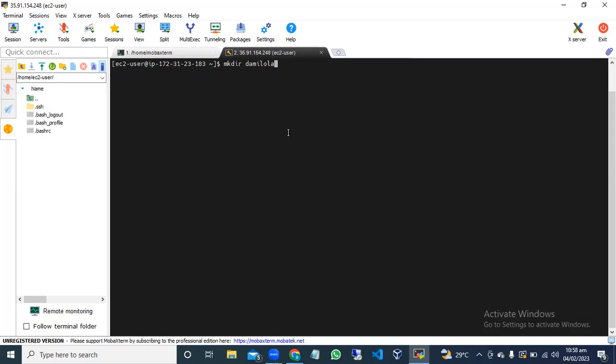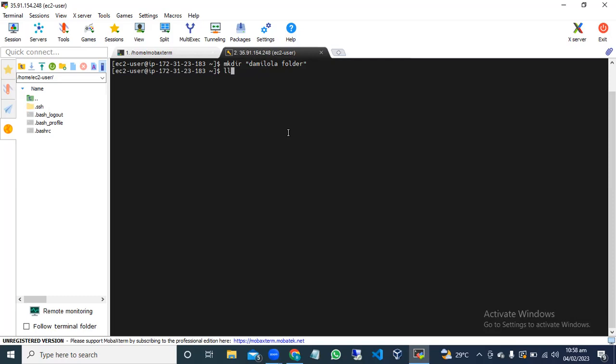You put it in quotation marks because it is a single name. I will tell us the difference. So our folder is created, Damilola folder. If you want to list to see what you've created, you make use of